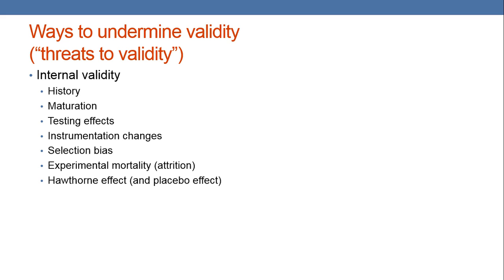Selection bias has to do with a certain group of people choosing to be part of the intervention, or the intervention being set up in a way that only certain people really get access to it, and that can change your outcomes. So, for instance, if you have a program that's voluntary that you allow patients to opt into, and it's a better program to improve services, then your results are going to be affected by the fact that your study subjects will be people who are more motivated to get the intervention,